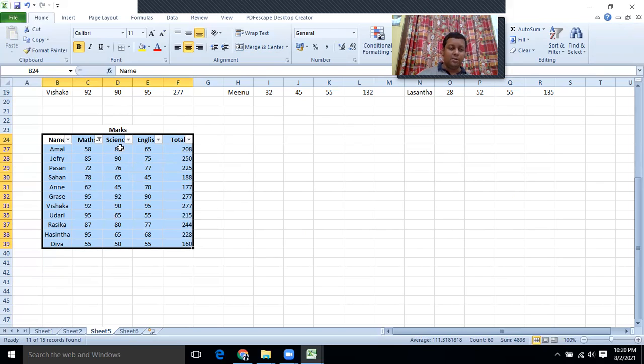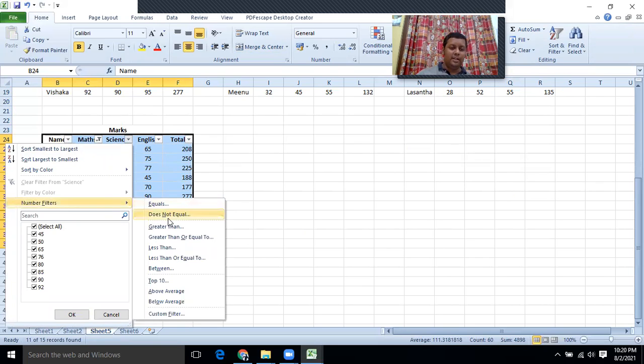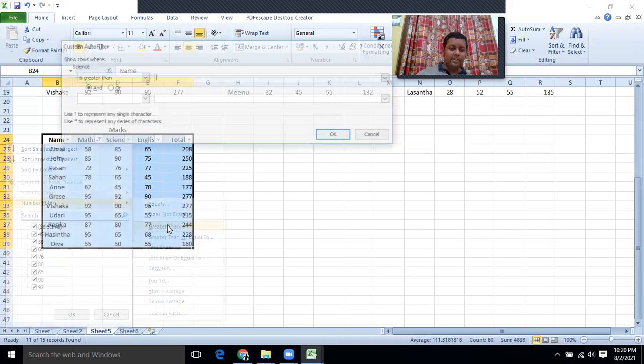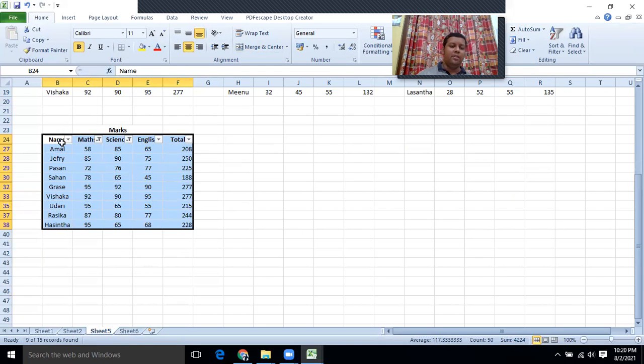There are students who got science marks less than 60, so we have to filter them out also. Then again click on this little arrow, then number filter, then greater than 60. Then click OK. Now it has filtered for maths marks as well as science marks, but English